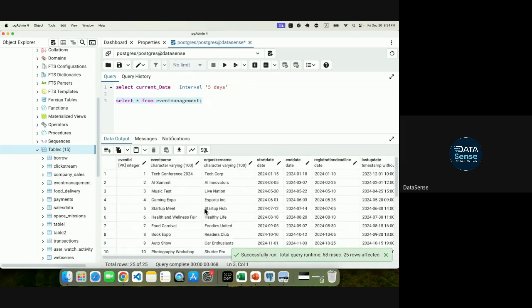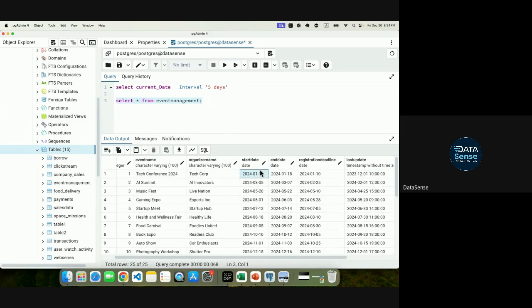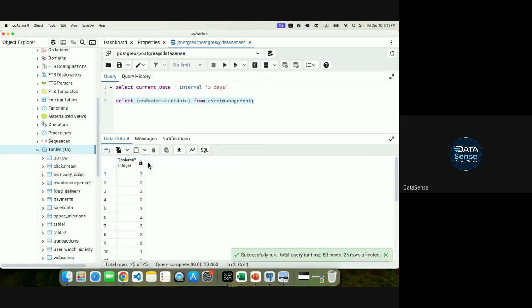I'm pretty sure in MySQL and PostgreSQL things are a little different for this, because there you use date diff. Suppose we have this start date and end date. I want to know the difference between these two. So what will I do? I will simply do select end date minus start date from event management. It will give me the number of days. So if you have to get the number of days between two dates, you need to simply subtract the date